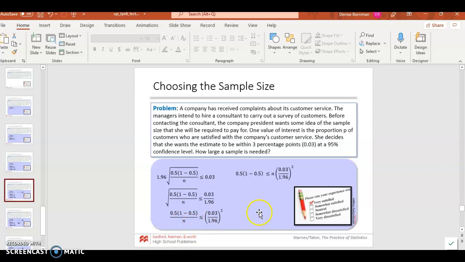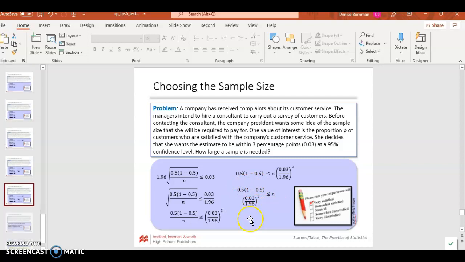I want to move the n over here to the right side to get it in the numerator. So multiply n to the other side. That's what happened here. And then the last thing is we're going to divide this big squared piece to both sides. And this is what you're typing in the calculator. I know it's nasty, and I'll show you a cheat when I'm back in class, but if you solve that